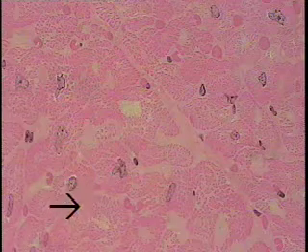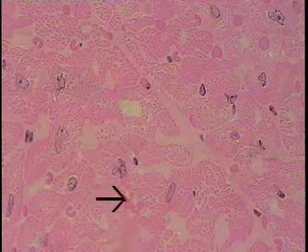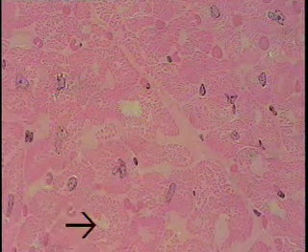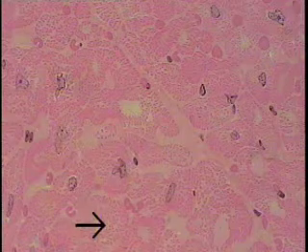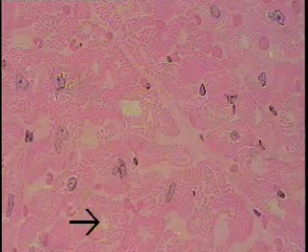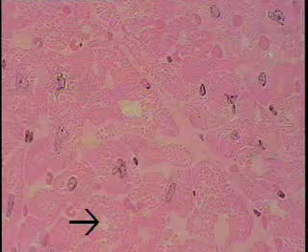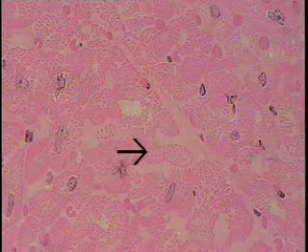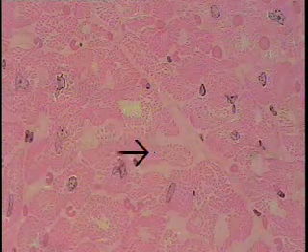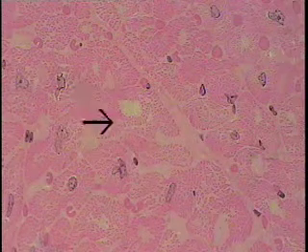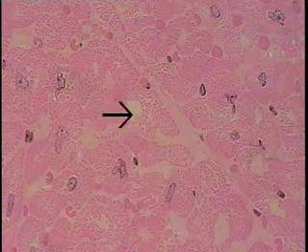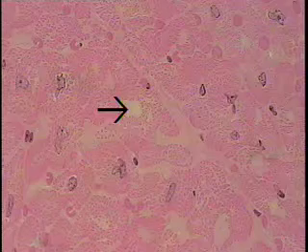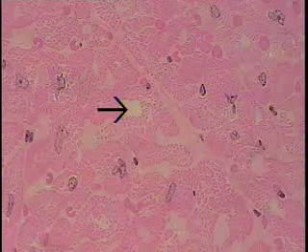Now, because of the length of these cells, this is another cardiac muscle cell. Note that the nuclear profile is missing. One can see that lake of glycogen and sarcoplasm right here. It's been cut just beyond the nucleus. So profiles of myocytes such as this are beyond the nuclear profile. And if you're fortunate enough to see this lake of glycogen, you know you're fairly close to the nuclear profile